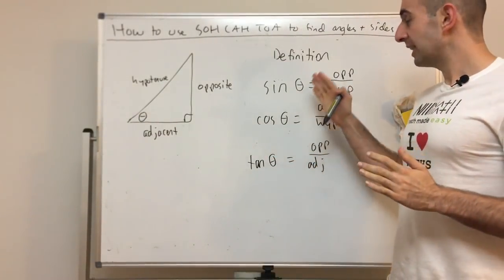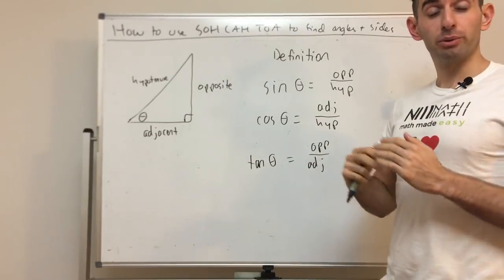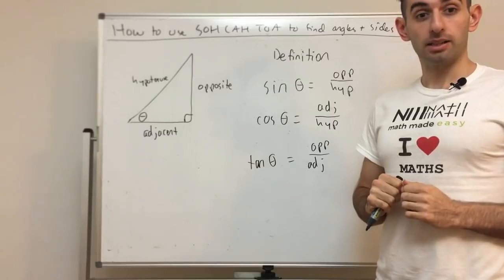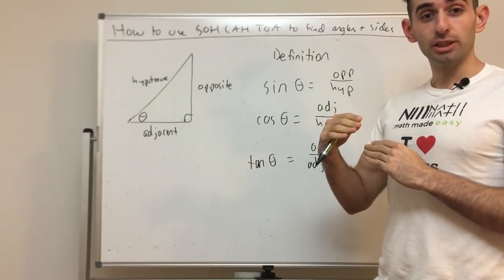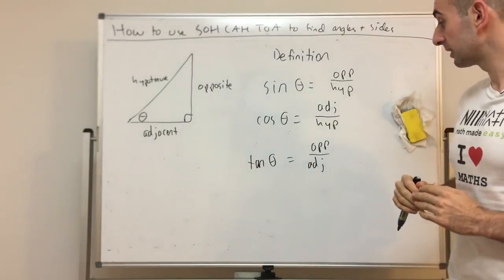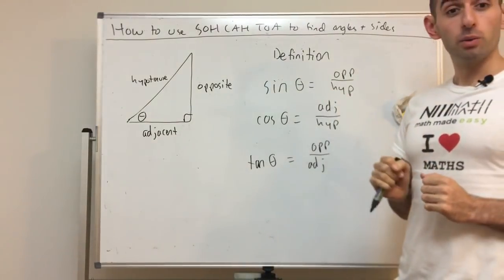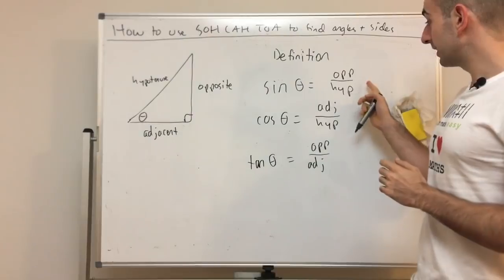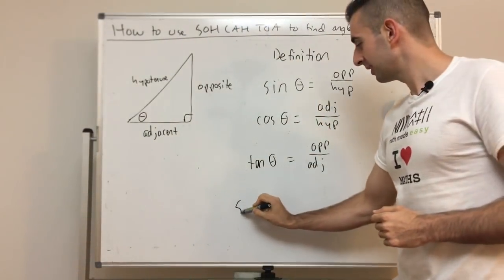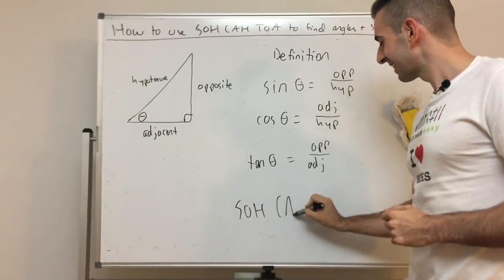These are the three main trigonometry ratios we will use to find angles and sides in right angle triangles for now. There are other ratios, but they're introduced in later, more advanced topics. Now there is a great way to remember these trig ratios, and that is Soh Cah